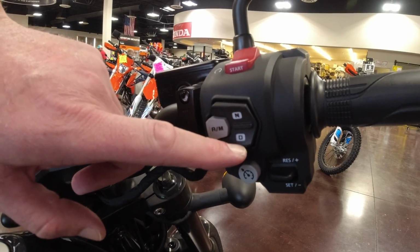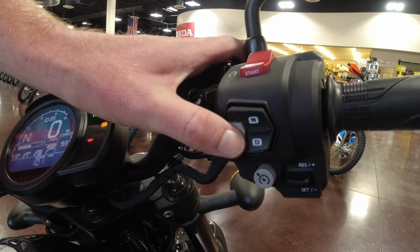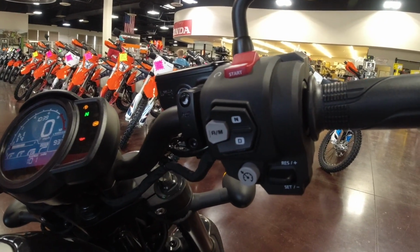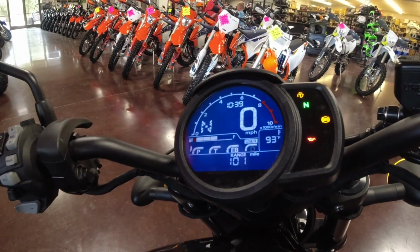So when you first start it up and you click D, it puts it into automatic mode. Then you can push this gray button and it puts it into manual mode, and that's pure manual. That's when you have to shift. One thing I warn everybody who's experiencing the DCT for the first time,